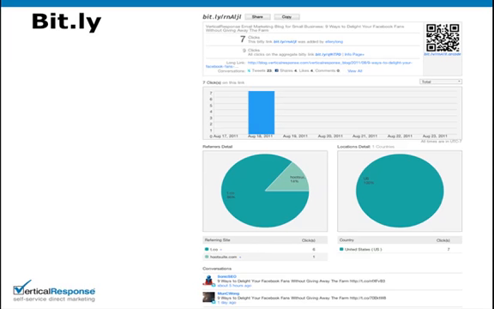So, if you're at a trade show or something and you want to link people back to your sign-up form or any other web property that your company has, you can use Bitly to create a QR code that the event attendee would just scan and be taken right to wherever you've directed them. If you're wondering what a QR code is, it's that square in the top right-hand corner with the little squiggly things in it. And we have a post on our blog about how to use them if you're curious.